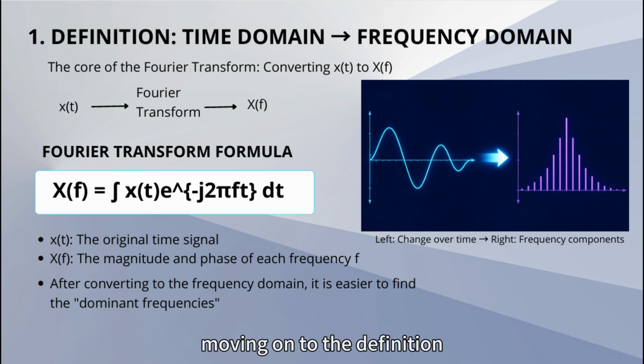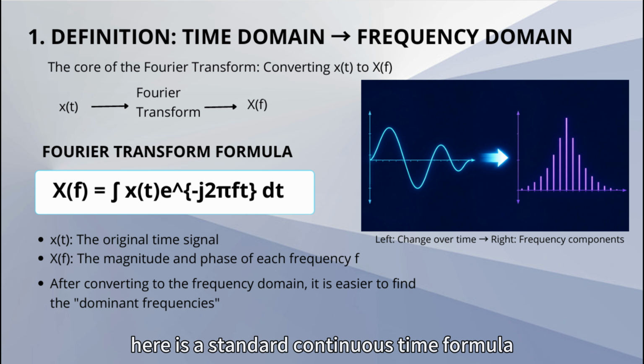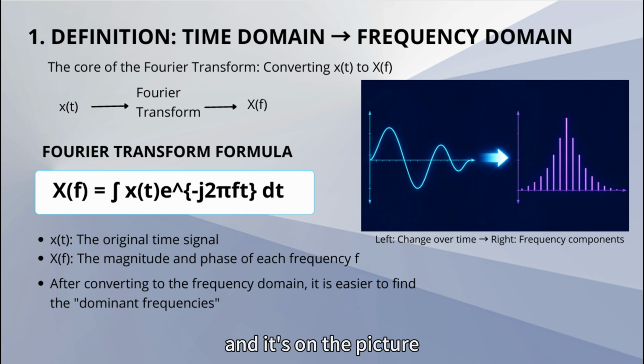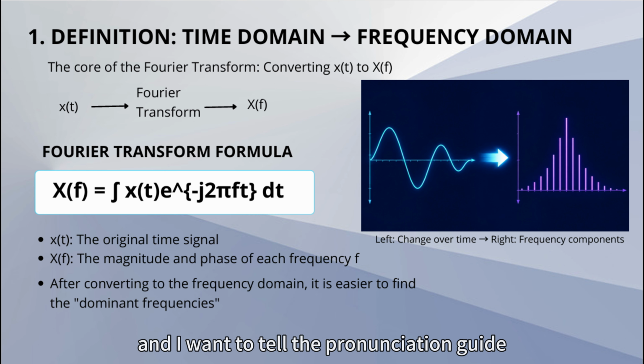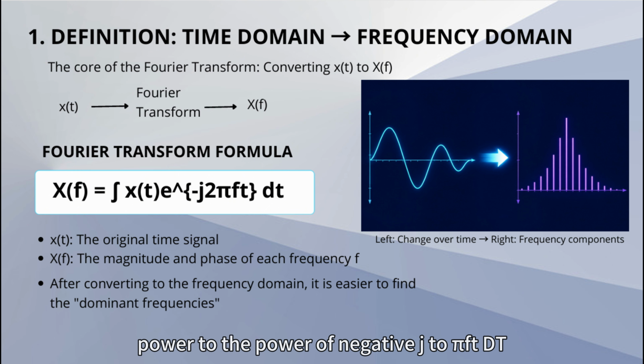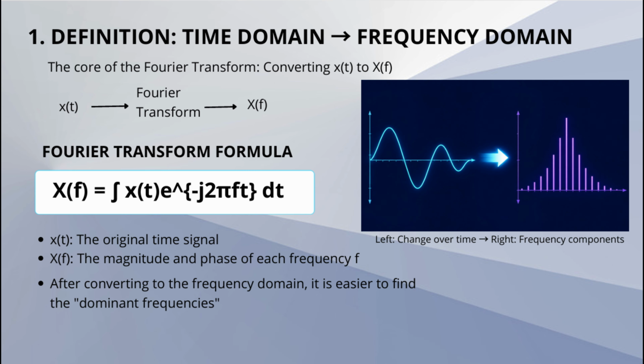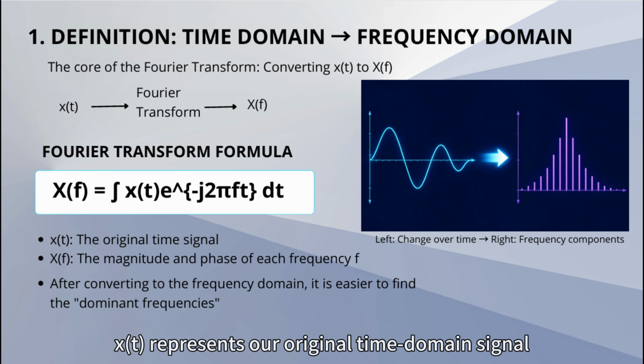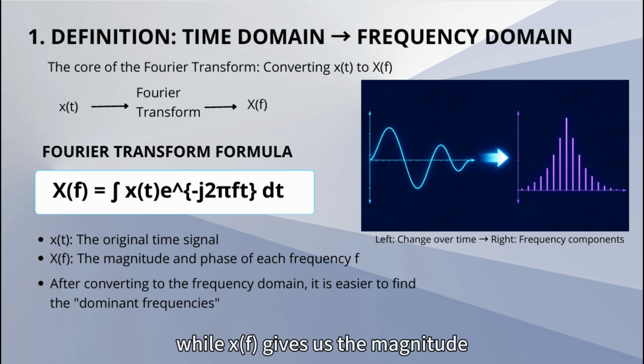Moving on to the definition. The core concept of the Fourier transform is converting a function of time, denoted as x(t), into a function of frequency, X(f). Here is the standard continuous-time formula, and it's on the picture. And I want to give the pronunciation guide: X of f equals the integral of x of t times e to the power of negative j 2 pi f t dt. In this equation, x(t) represents our original time domain signal, while X(f) gives us the magnitude and phase